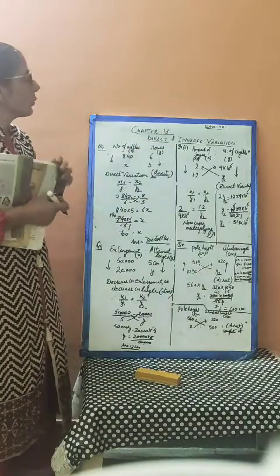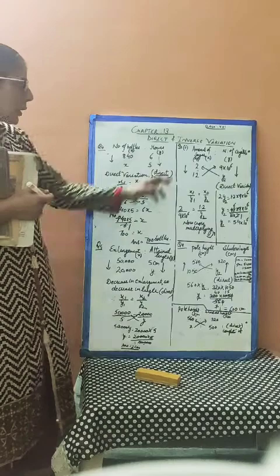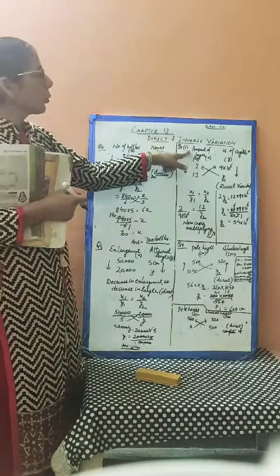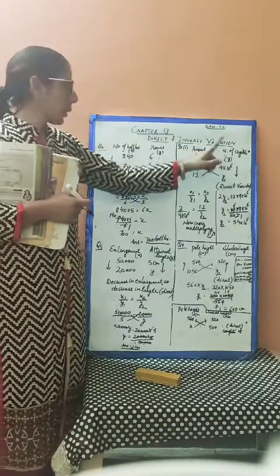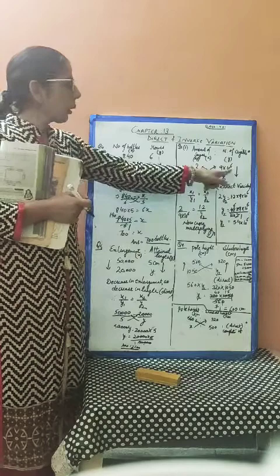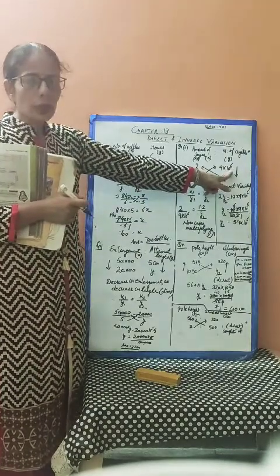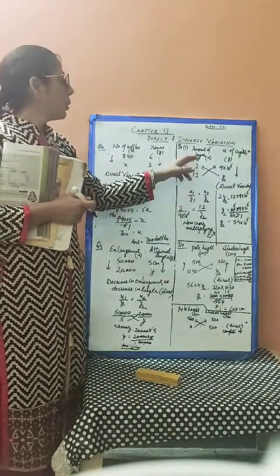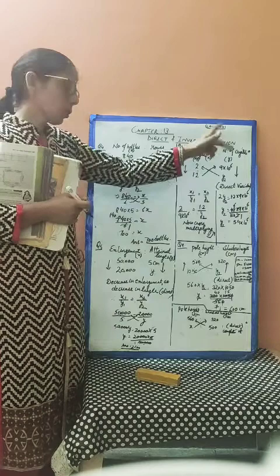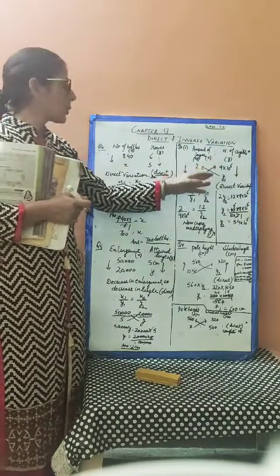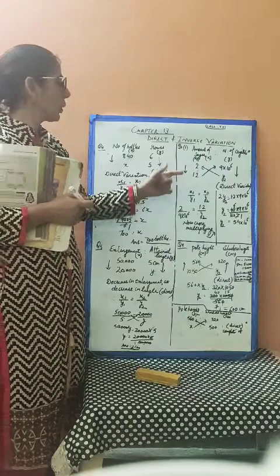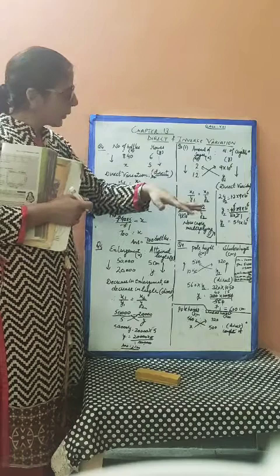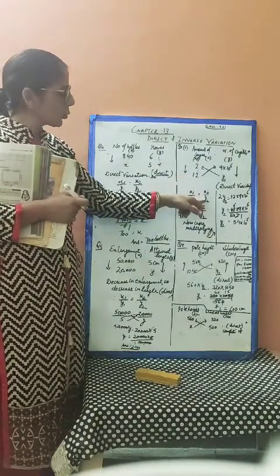Now let us see the next question. I have left question number 6 and 7th first part for you. You will do it yourself. In the second part, the amount of sugar and the number of crystals are given. For 2 kilogram sugar, the number of crystals is 9 into 10 to the power 6. We have to find it for 1.2 kilogram. Because the amount is decreasing, the number of crystals will also decrease. It means this is a question of direct variation. We can simply do the cross multiplication or use the formula x1 by y1 is equal to x2 by y2.